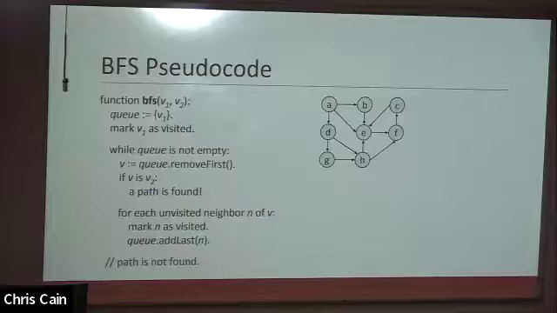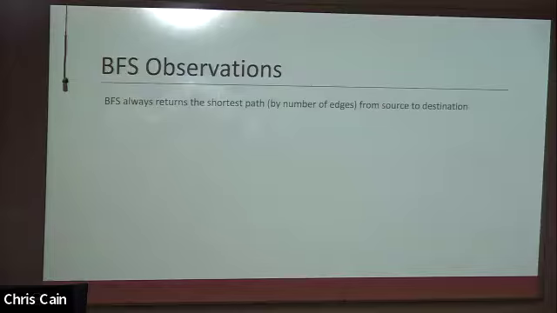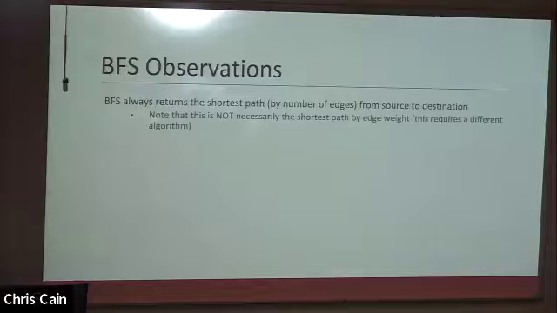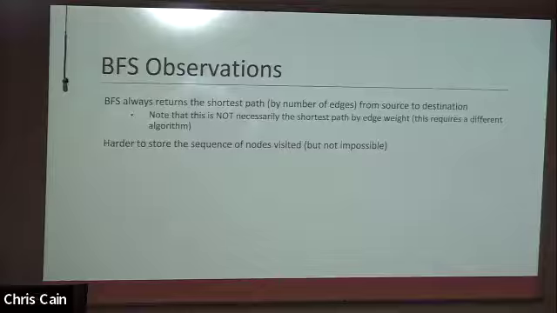Where is the path stored in this? It's not really, at least not as we can see it right here. So let's take a look at it. We get the shortest path by number of edges. So this does not give us the shortest path by edge weight. We're going to talk about that algorithm in a bit, but breadth first search will always return that shortest path by number of edges. But in the same way that depth first search could take advantage of the recursion to construct the path,